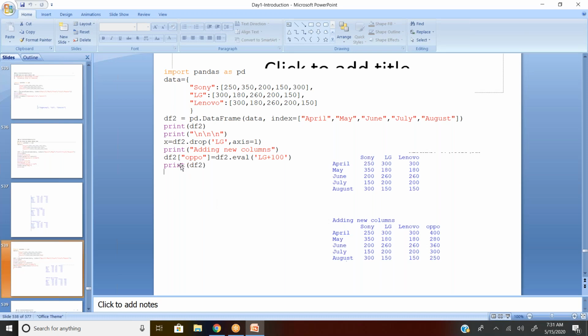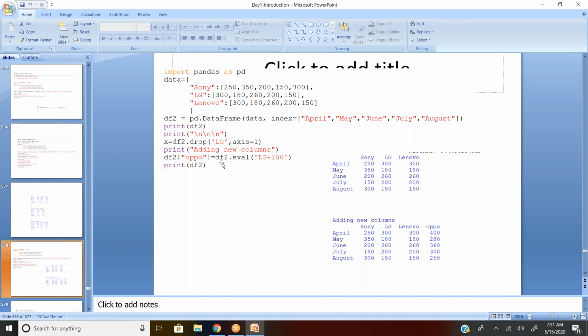So df2 in bracket revised salary equal to df2.eval, evaluation in bracket, then the existing salary multiplied by 0.05. So you can take any kind of aggregation, whether it's minus, plus, multiply, divide, whatever it may be. So since you are taking an existing column, the values I have in the existing column will be added 100 and stored back to Oppo.